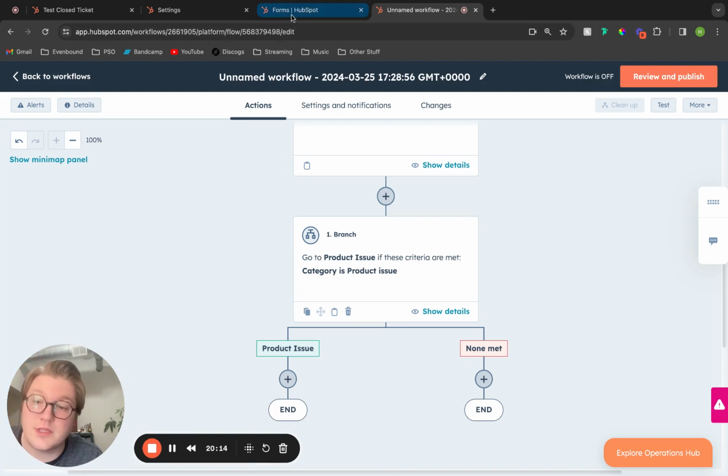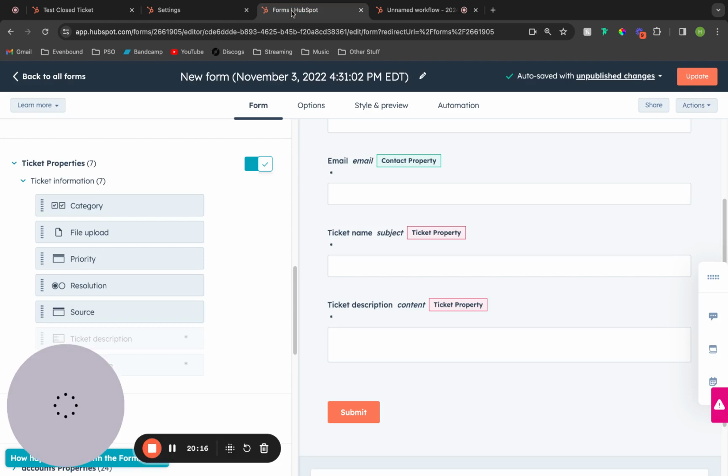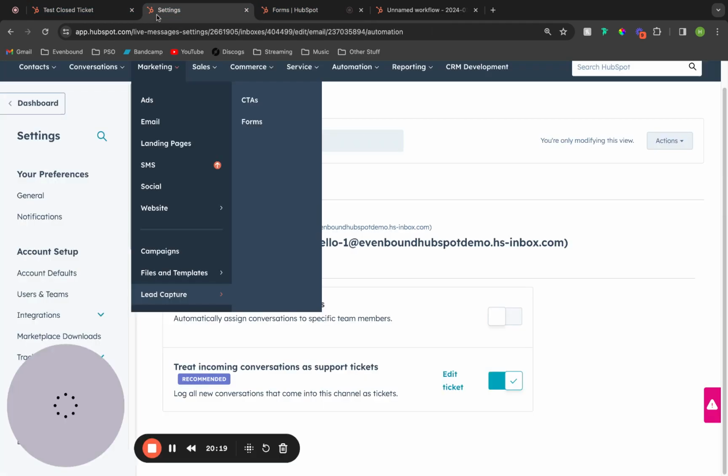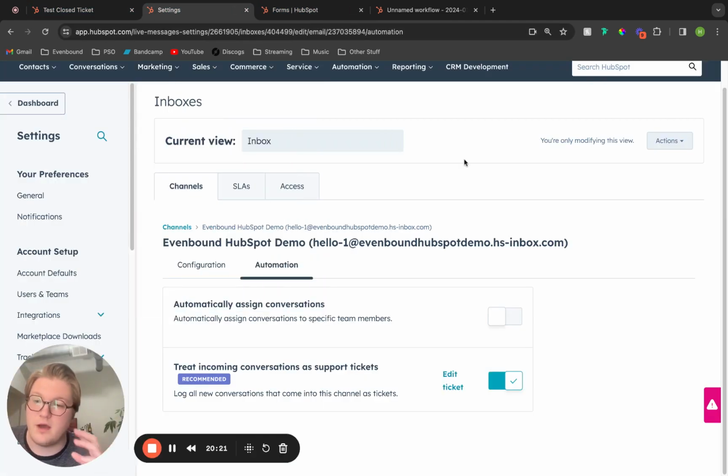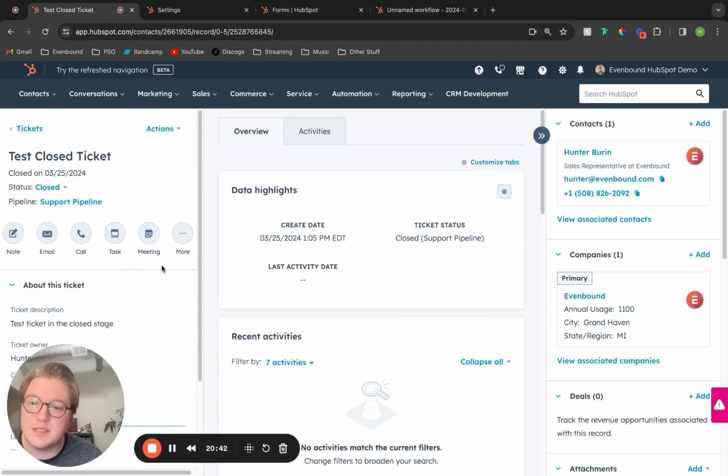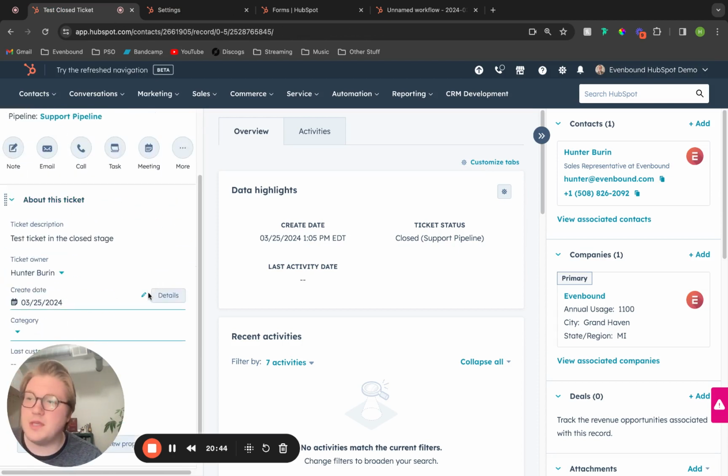Now, as I mentioned, there's a ton of different ways you can automate things inside of your tickets, and a ton of different ways you can create that automation. These are kind of the default ways, which is either auto creating tickets, auto assigning tickets, or auto moving the stages based on those different emails. Once your stages are customized, your statuses are customized, your properties are created, your automation is built out, and you've customized everything, you are now ready to